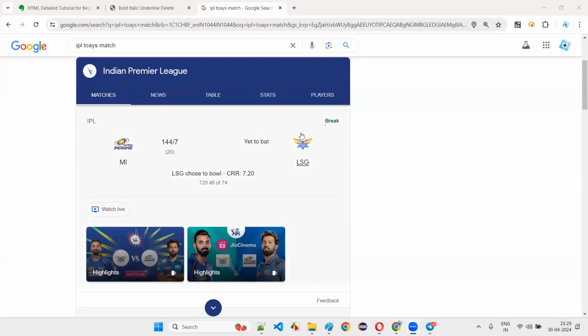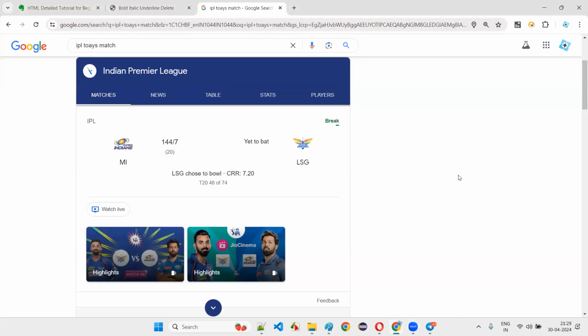Mumbai Indians won the toss and chose to bowl, and Lucknow are batting now. 144 for 7. The match is really going well, a tough match it looks like. Let's see what will happen. Poor performance by Indians, right? Yes, correct.